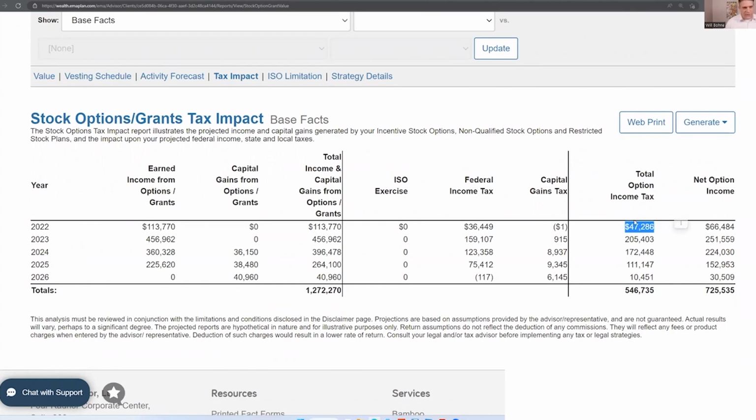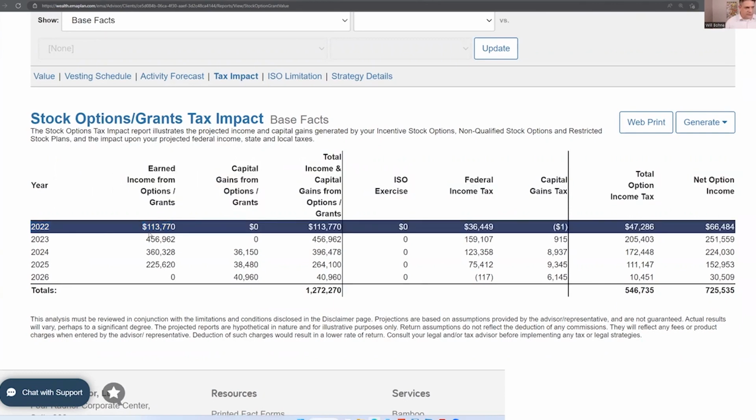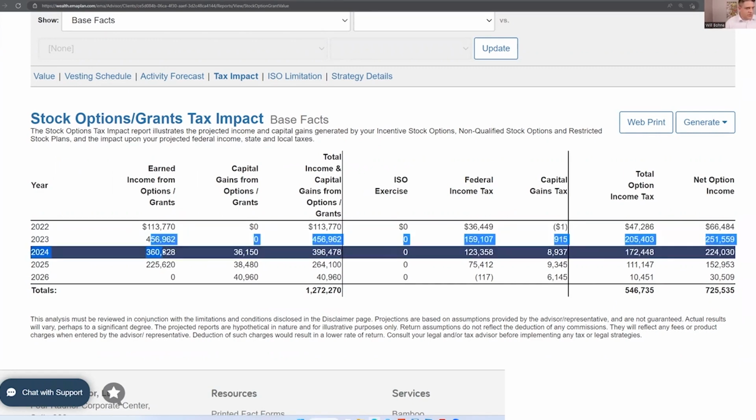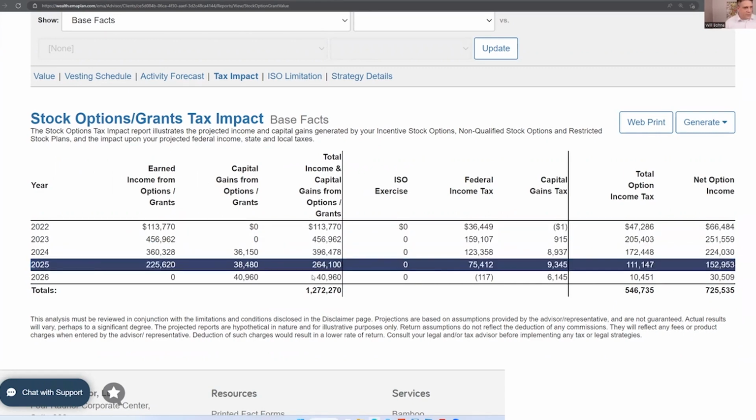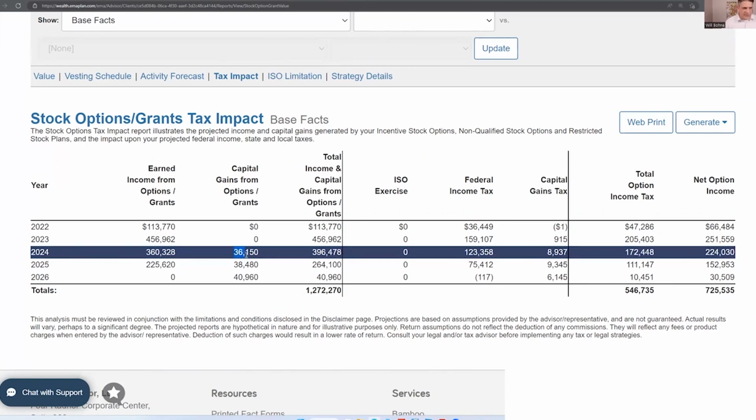So if you really want to get down to earned income from options and grants, that's going to be RSUs. It's going to be the spread between the exercise price and the market price when you've got disqualifying dispositions or short-term sales on non-qualified stock options. You're going to see that come through here. Once you've held them for a qualifying period, you're going to get capital gains tax on that spread, which is